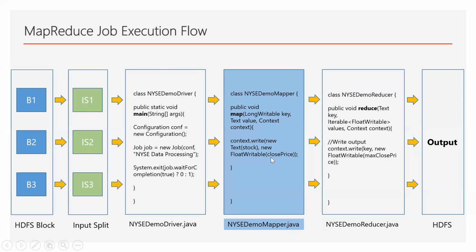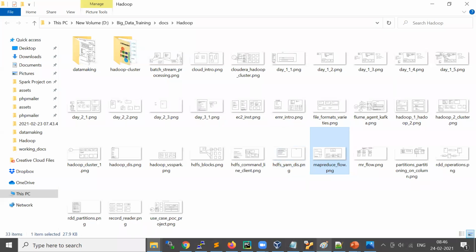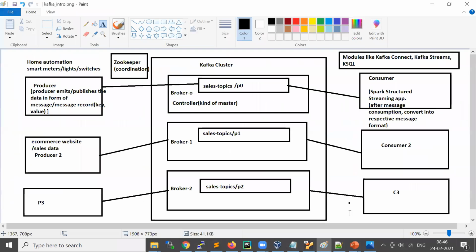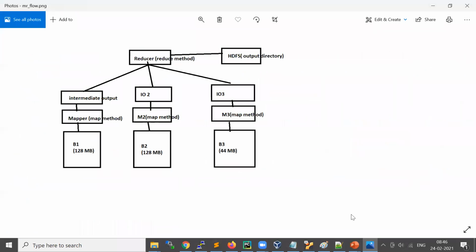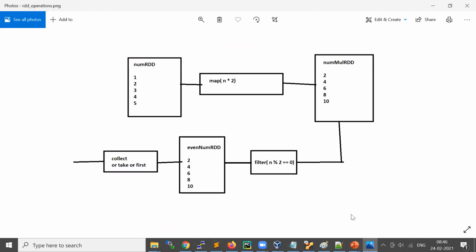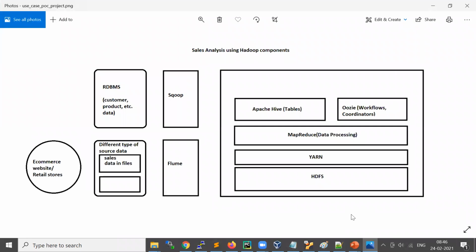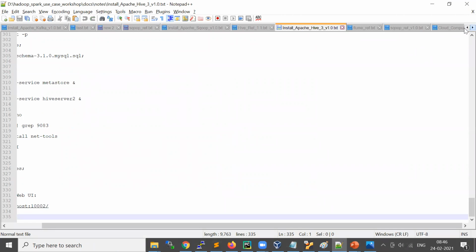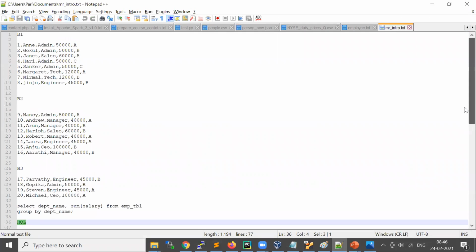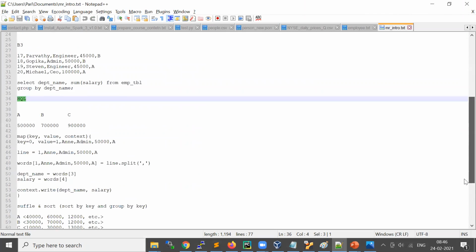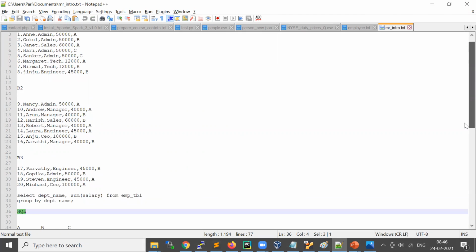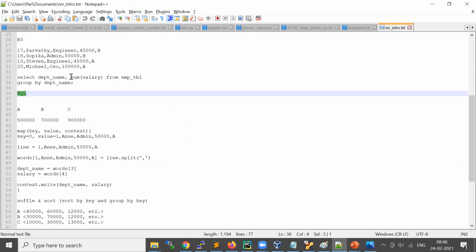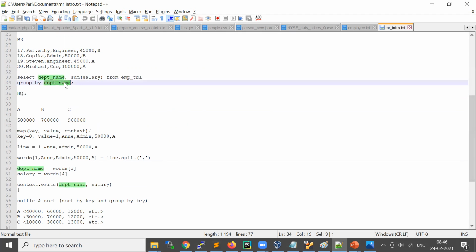Yesterday we discussed a simple employee example, where we want to find the sum of salary for each department.